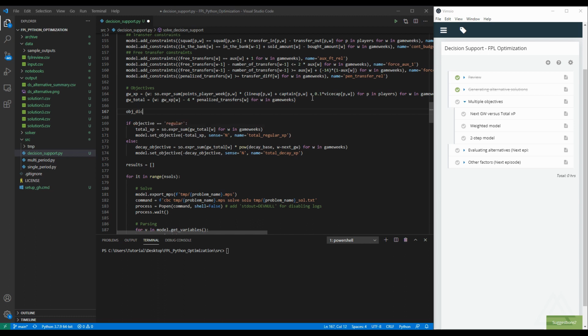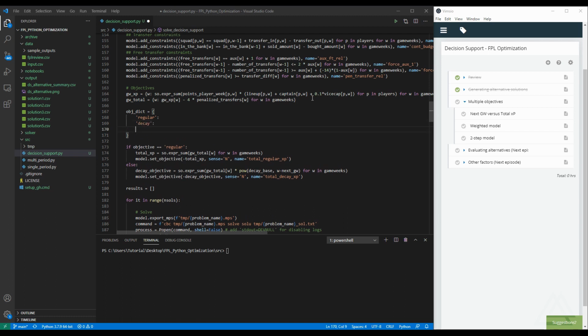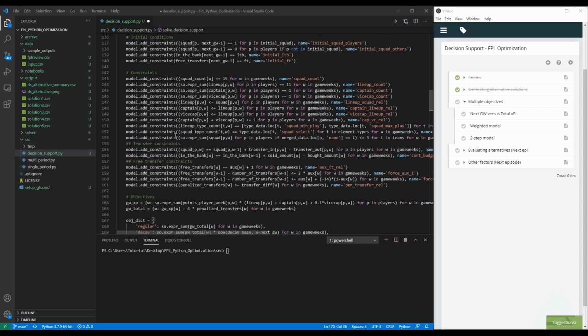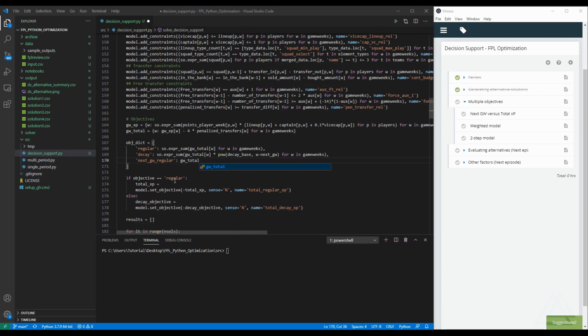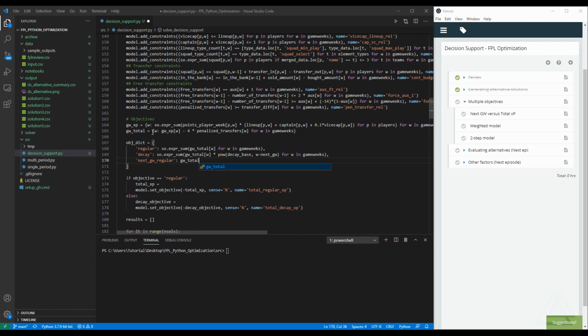I will call this objective dictionary, where I will define regular, maybe dk, and then next game week regular as different objectives. And here I will say my regular objective is this one, and then my dk objective is this one, and my next game week one is game week total. I think this is how we defined it, right? Game week total was our, oh yeah, and then the next game week regular is game week total over here, so this should be only